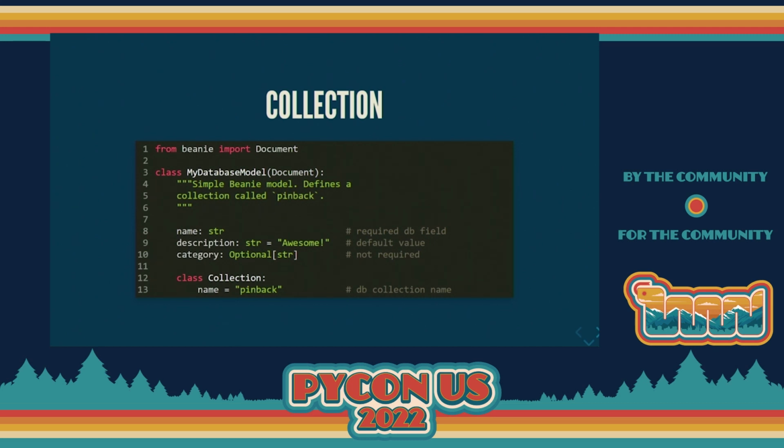You'll see that there's some type hints there that let you know what's going on. And then a subclass called collection, and that allows you to call your table whatever you want it to be. So in this instance, this table or collection would be called pinback. Now, a couple things to note here is that the type hints here for the first one, name: str,